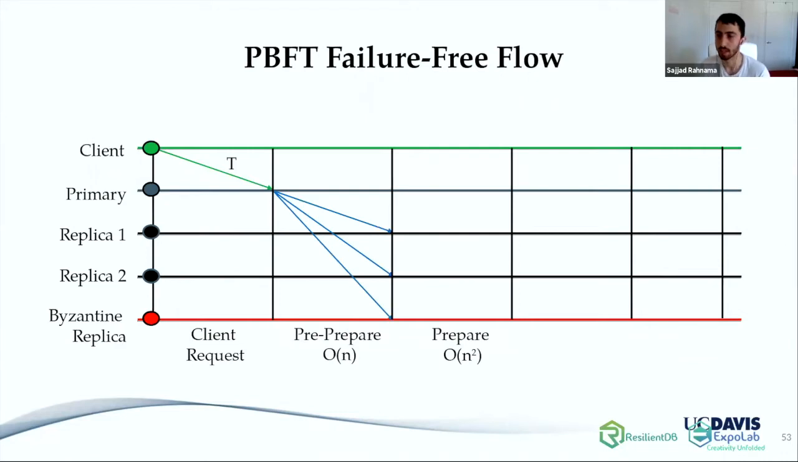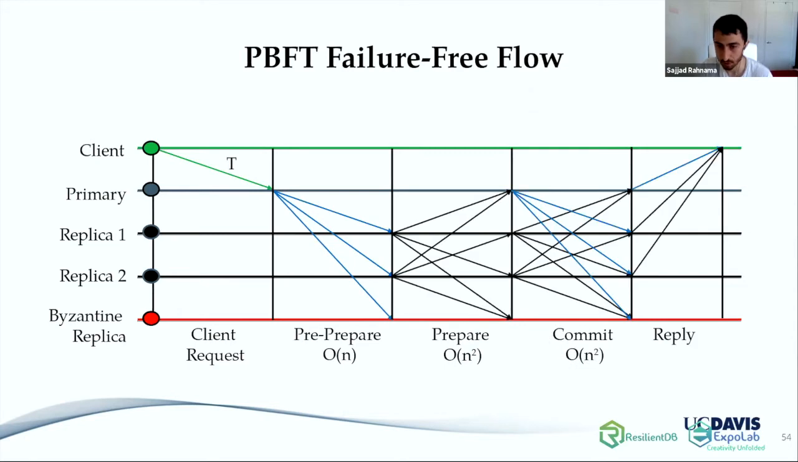Primary will create pre-prepare messages and broadcast them to all nodes in the network. After that, everybody will create prepare messages and send them to everybody. So we have everybody-to-everybody communication in the prepare phase. After everybody gets a sufficient amount of prepare messages, they will start sending commit messages to everybody. And after everybody receives a sufficient amount of commit messages, they will execute the transaction and send the reply back to